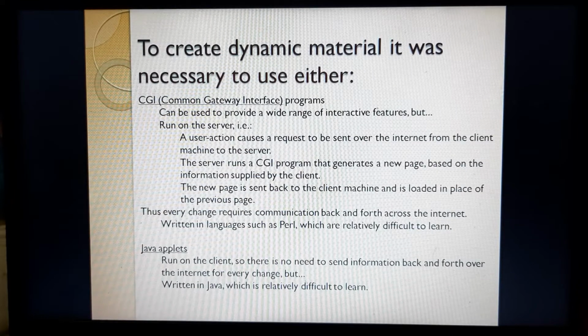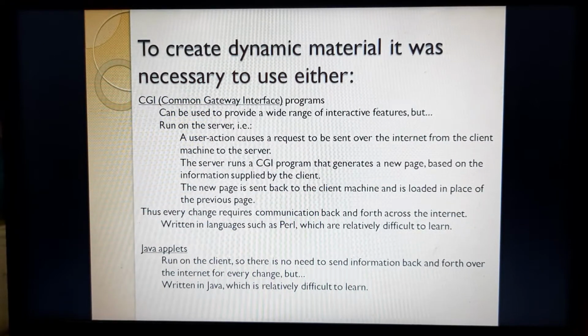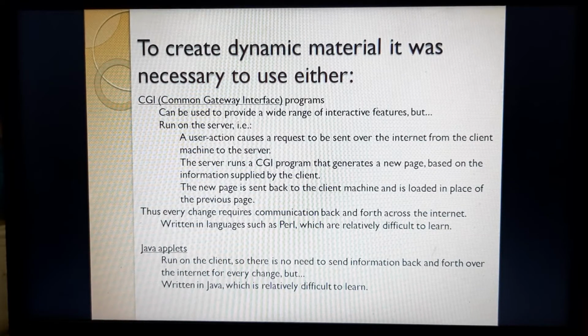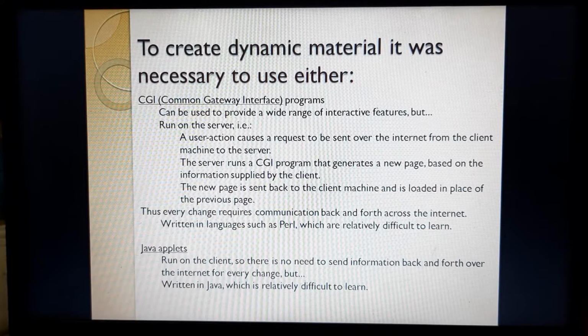And also the server runs a CGI program that generates a new page based on the information supplied by the client. So these are some of the relative drawbacks of CGI. Thus every change requires communication back and forth across the internet, and CGI is written in languages such as Perl, which are relatively difficult to learn as compared to JavaScript.